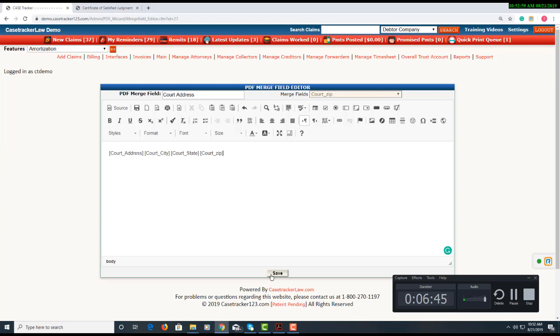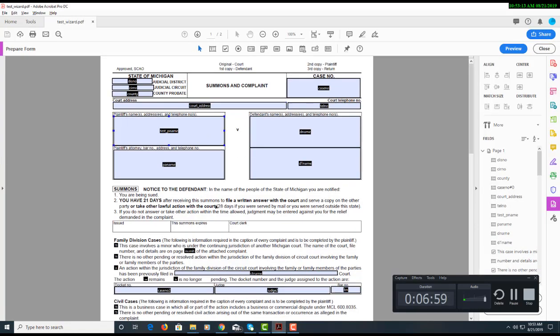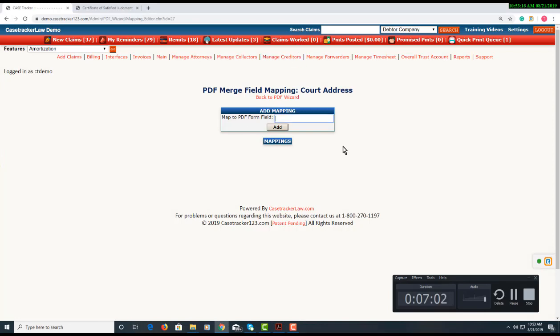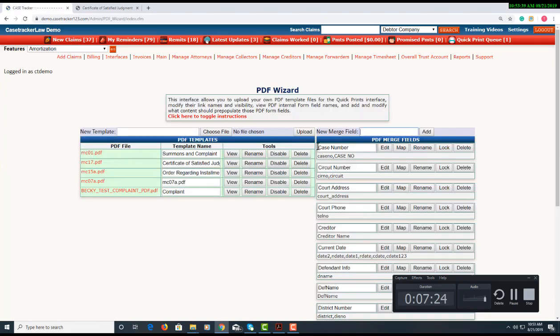showing you how this works, we'll go and save that. And then to map it to your document, it's asking what is the name of the form field. And in this case, it's court_address. So every time you see a court address in one of your documents, when you go to make that, generate that PDF with all the information, court address is going to map to that court information that we just put in. So we'll do add, and